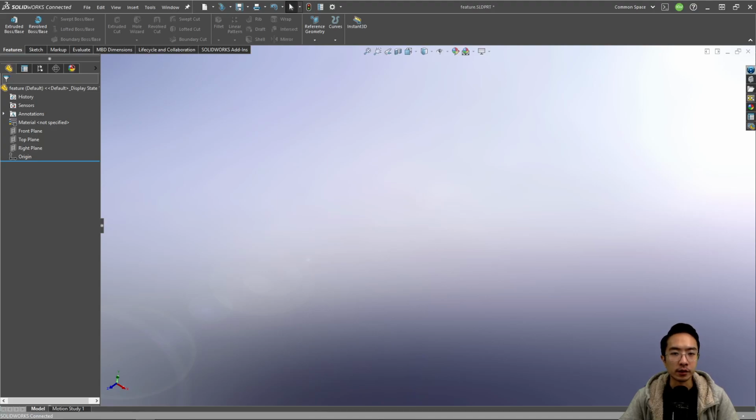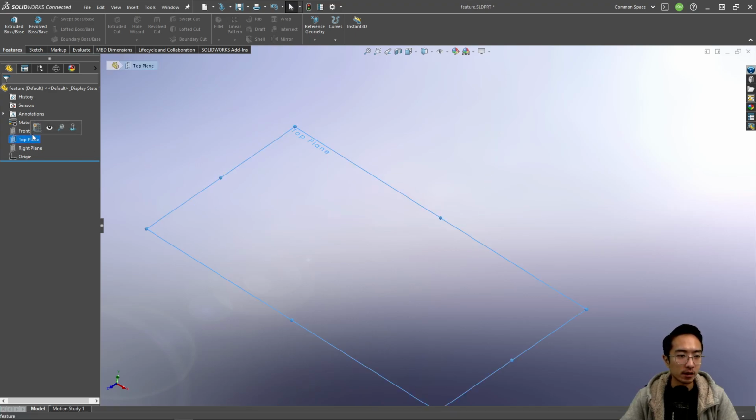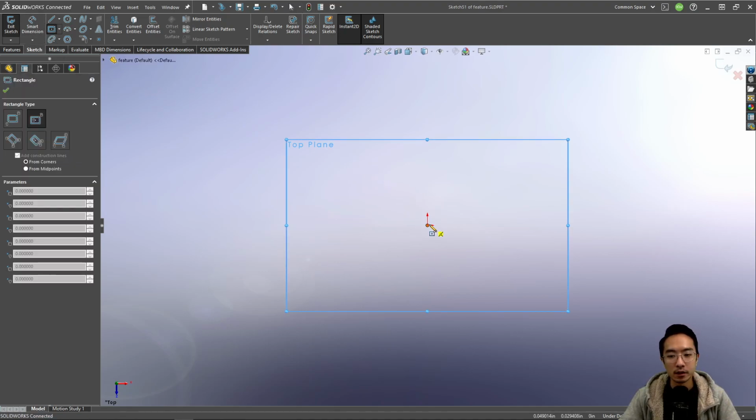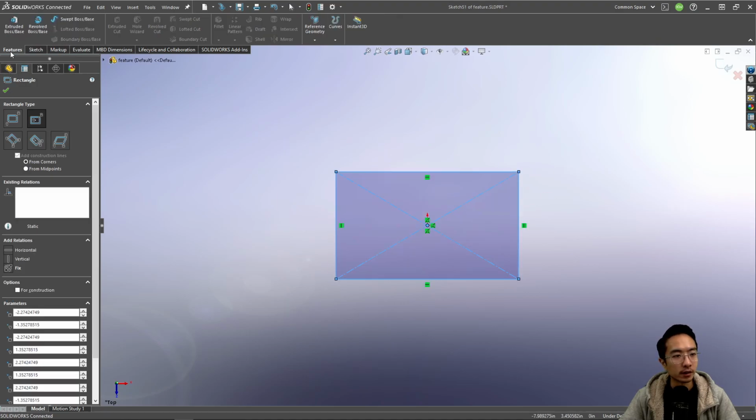Okay, in this video, we're going to talk about the mirror feature in SolidWorks. Mirror helps you mirror different features inside your parts. It's good for anytime you have any sort of symmetry and you don't want to repeat it, just take advantage of symmetry. So, we're going to go ahead and create a rectangle